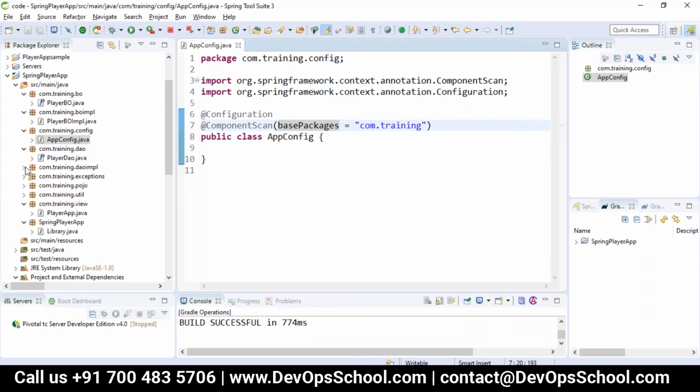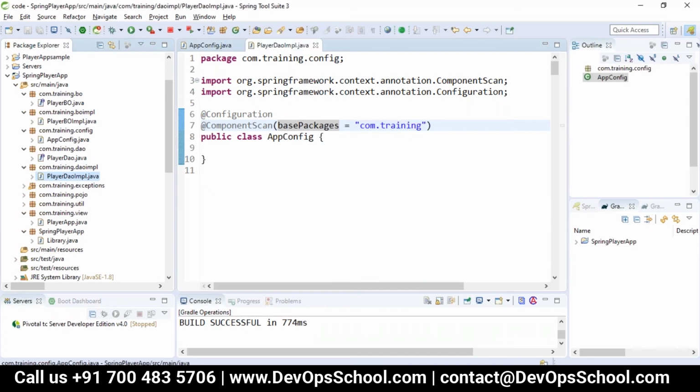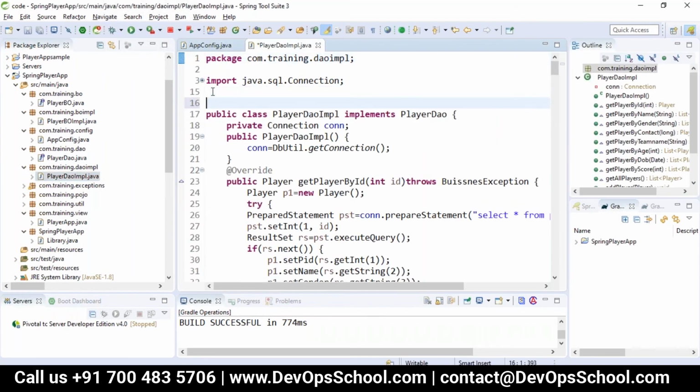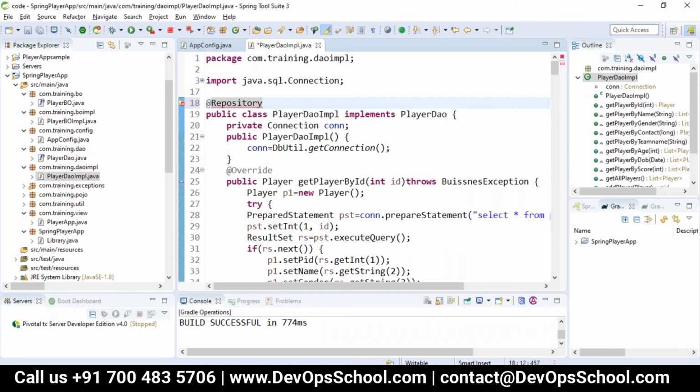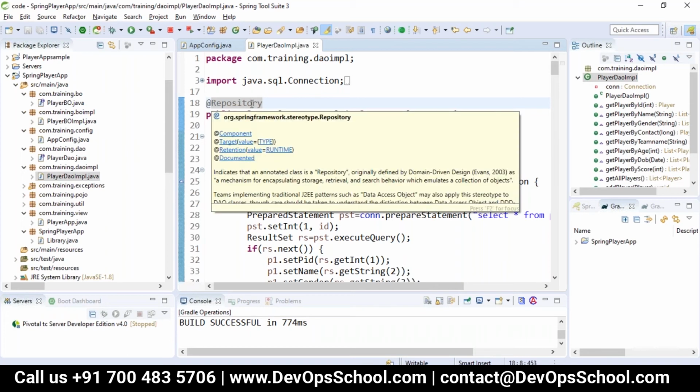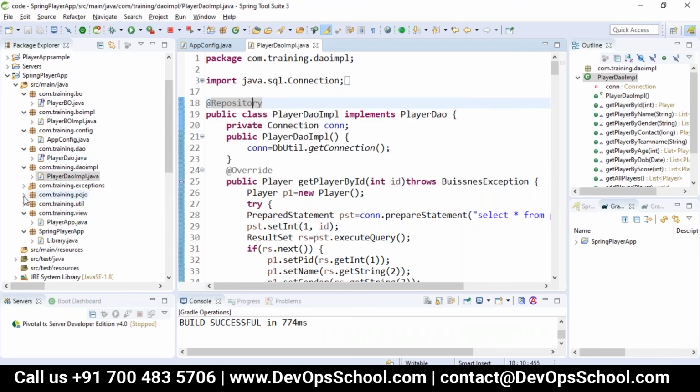Then let me go to the PlayerDAO implementation. It is also a component, but it is doing a database job, so I'll make it a Repository annotation, because Repository is a stereotype annotation in Spring that informs that it is doing the database job.